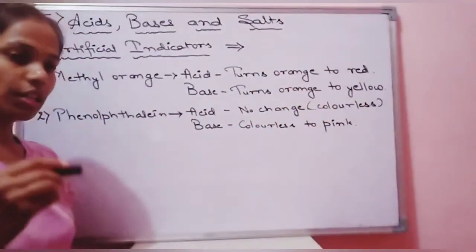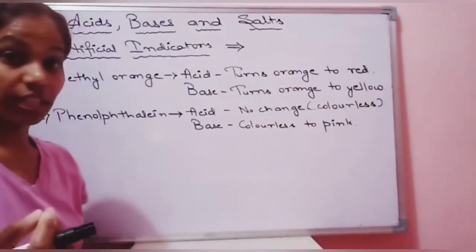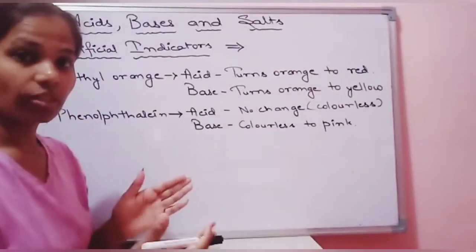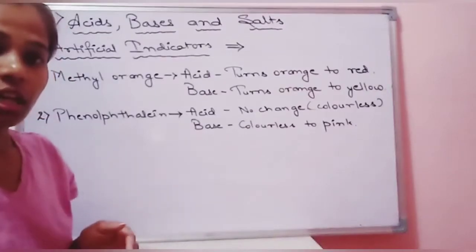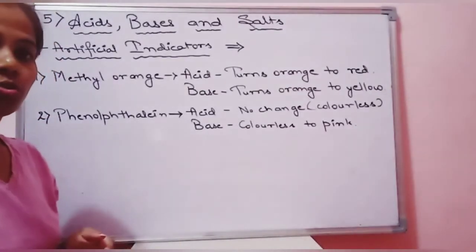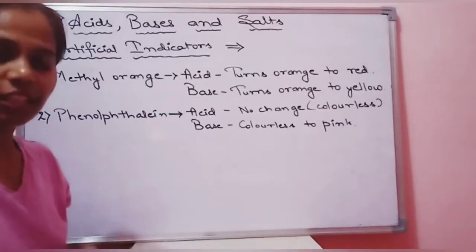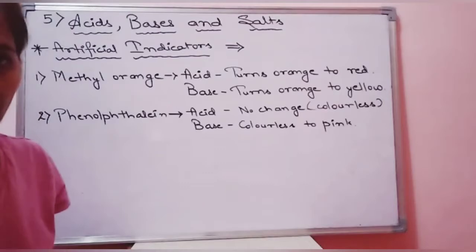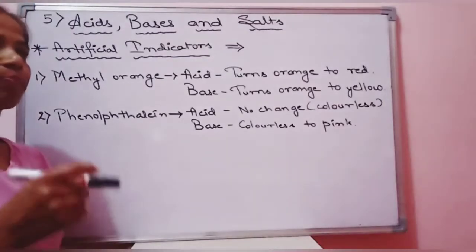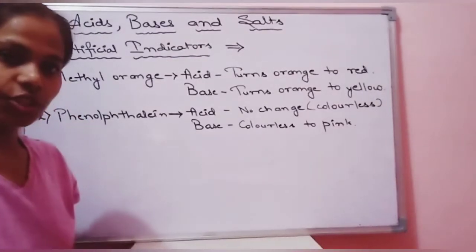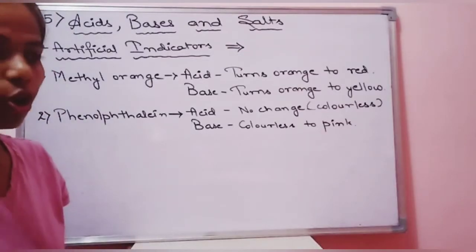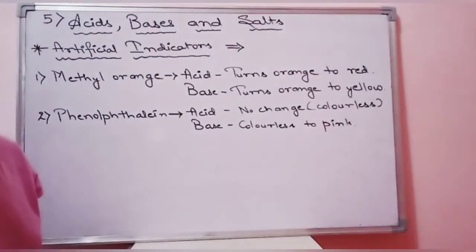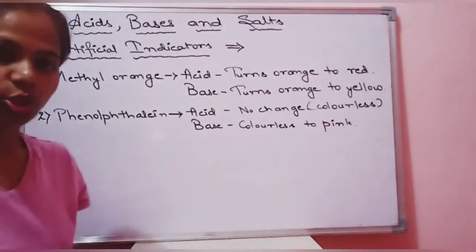Children, why are we doing this? The aim should be known to you. The change in color, and the observation of these color changes, shows you whether the content you have is organic or inorganic, acidic in nature, basic in nature, salt, or neutral, anything. Fine. So that is why we are doing this.